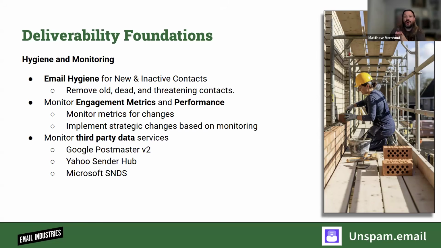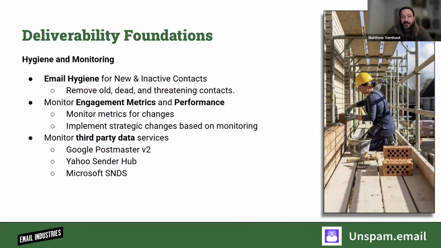Then you're going to want to potentially look at all the available third-party services that mailbox providers are offering these days. Google Postmaster version 2, right? If you've been paying attention, version 1 is being sunset at the end of the month, which is in 2 days, 3 days. And version 2 will be the only thing you have going forward. So domain and IP reputation, gone. But sender compliance dashboard, fully available, telling you basically the 9 key things that Google wants you to focus on, along with their spam reporting feedback loop and other information about your domain.